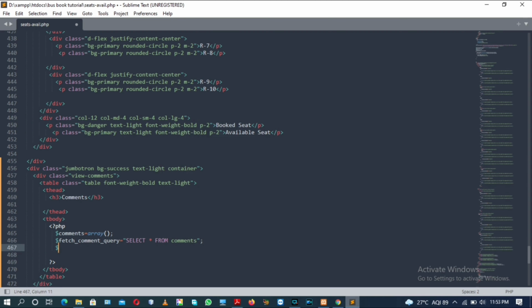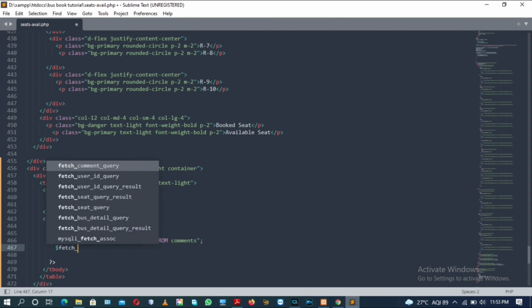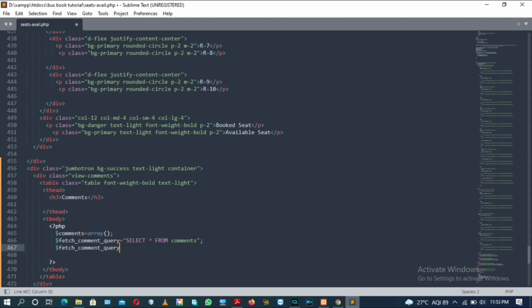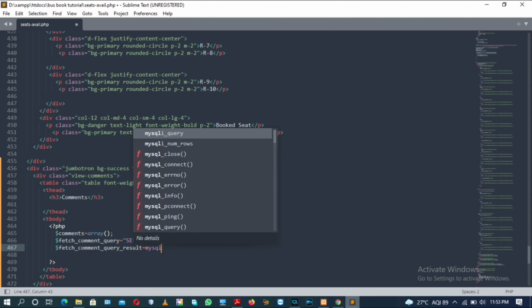Now another variable called fetchCommentQueryResult.